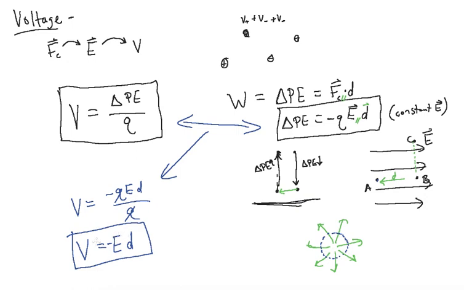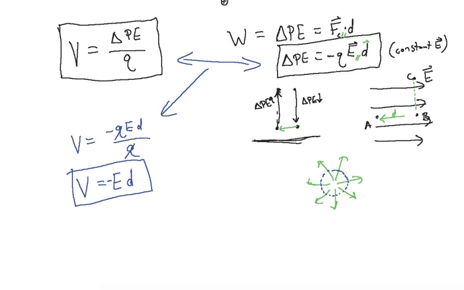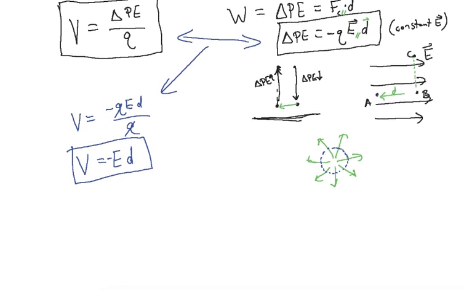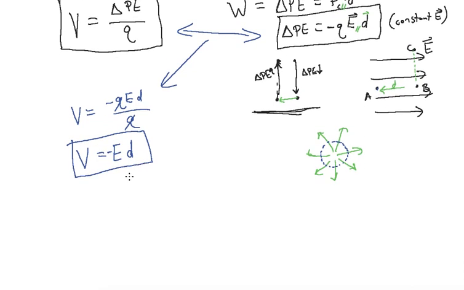It makes voltage change in the same direction that potential energy does for positive charges, but then voltage changes in the opposite direction for how negative charges do. So be sure to kind of keep that in mind. Okay, and that leaves us down to one last equation we can take here and derive from this guy. I'm going to replace D with R, just because this is distance and R is also distance. So if we have V equals negative E